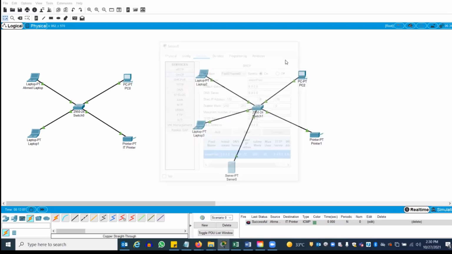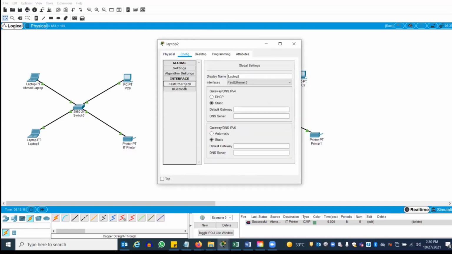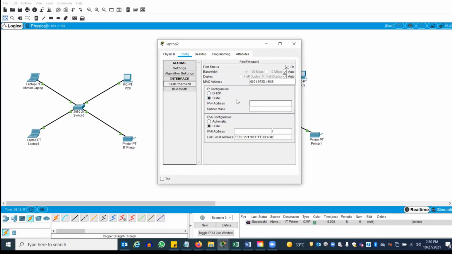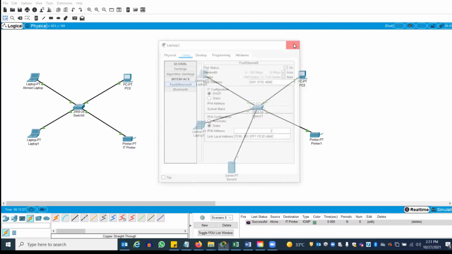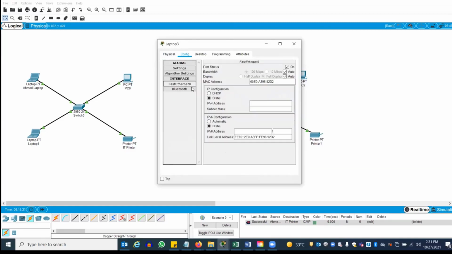So done. Now I don't want to assign any IP address manually. I go to the laptop, go to config, fast Ethernet. What should I select here, static or DHCP? DHCP. Yes, very good. So this will get an IP address. See, I'm getting an IP address from 10, the first IP address. Go to the other laptop, config, fast Ethernet, DHCP.